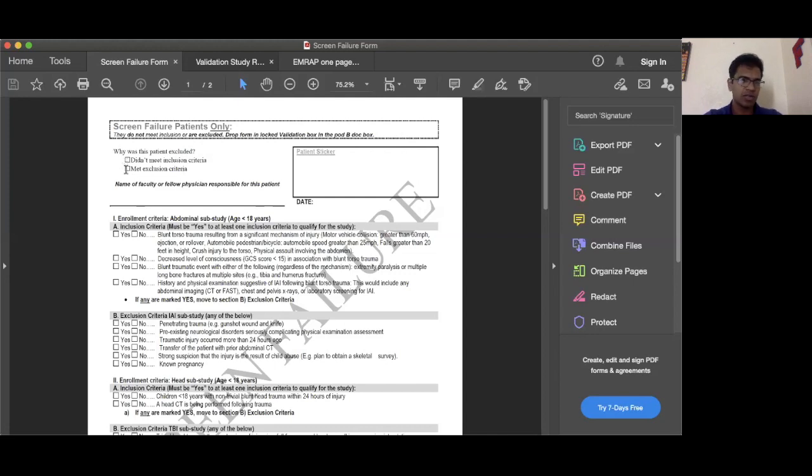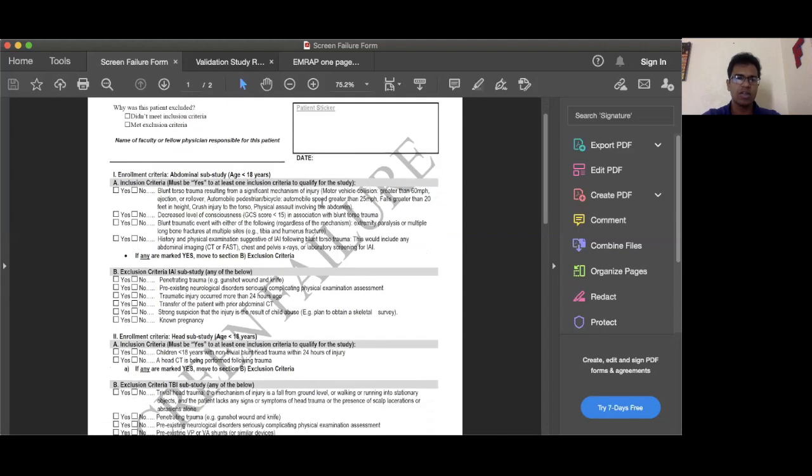Or it could be both, in which case they wouldn't qualify for validation. And then on this side, we have the patient sticker. This is where we put the patient sticker to turn in this form. And then right down here, we have the name of faculty or the attending responsible for that patient. So we just put the doctor's name if the patient that you screened for does not qualify, and the date